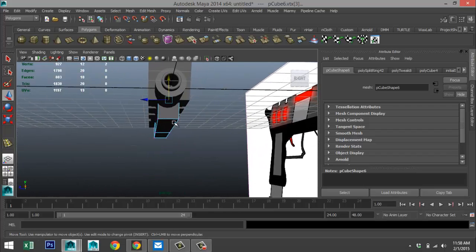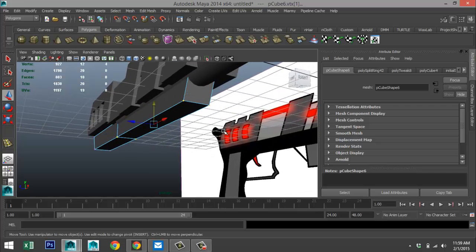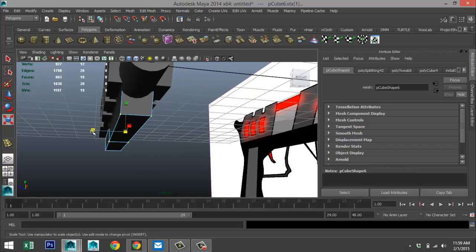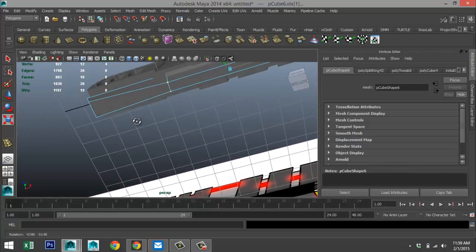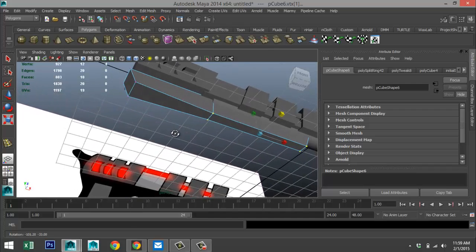So what we'll do there is right click, go to vertex, select these two and these two. Yeah, it looks like I got them all. Hit R and push them in. So we'll get a slightly different shape there, which is cool.